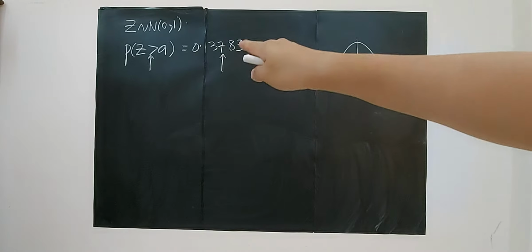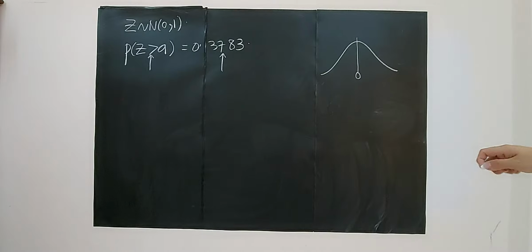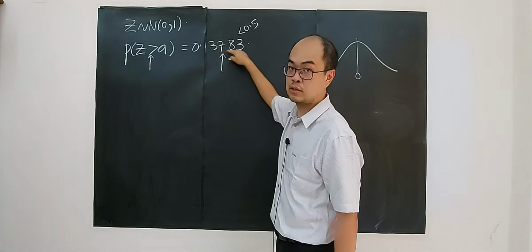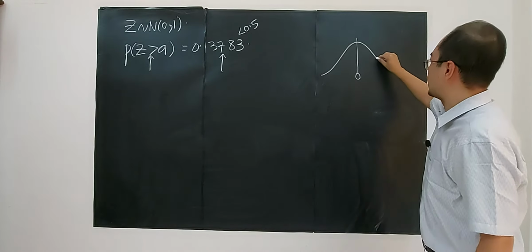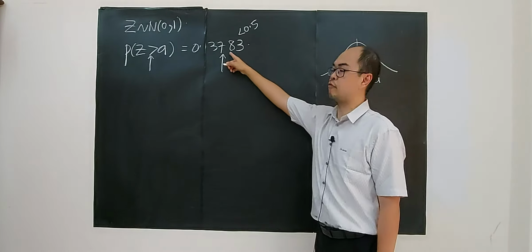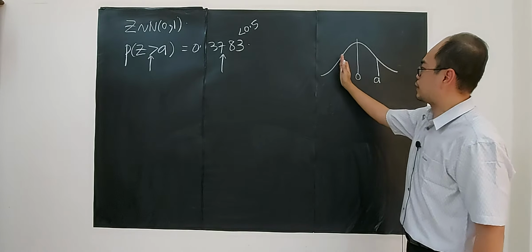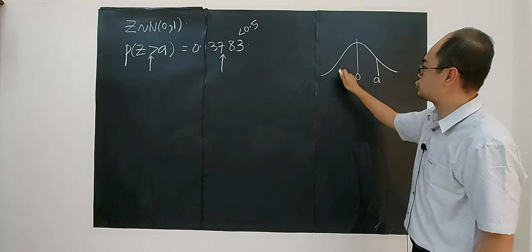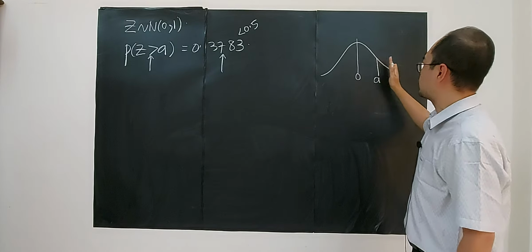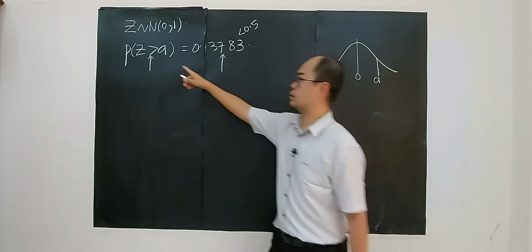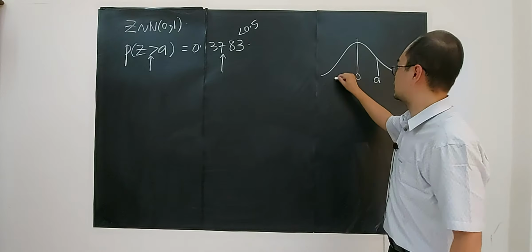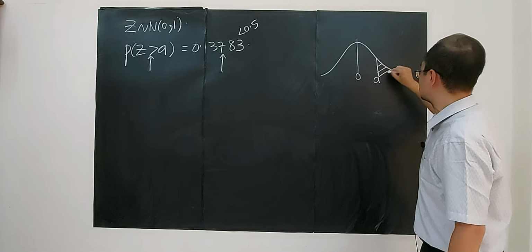First, you look at this. This value is less than 0.5, right? So the value of A, I suspect to be here. Why? Because it's less than 0.5. A shouldn't be here. Why? Because if A is here, then the area will be the whole thing here, because the sign is greater than, which is more than 0.5. If A is here, it's more than 0.5. So I think it's here, right?